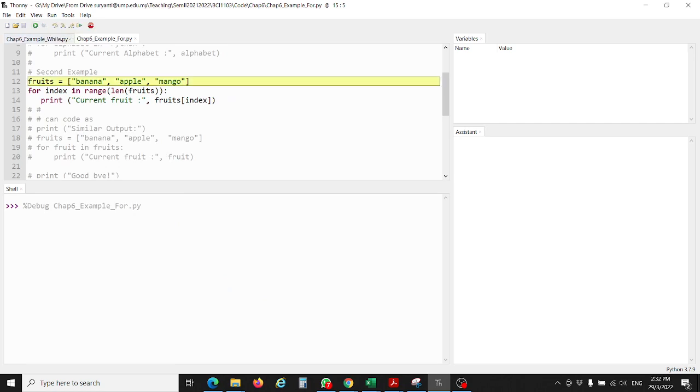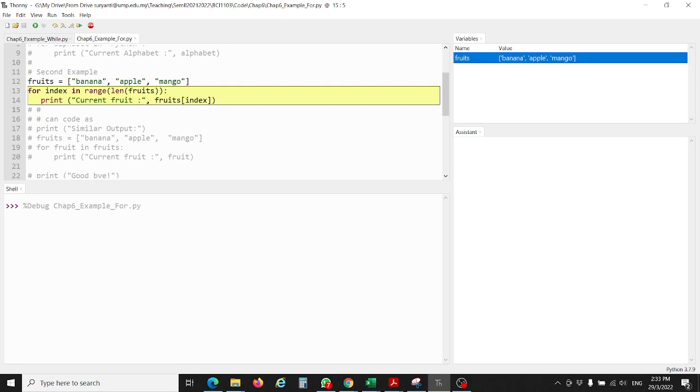Here, fruits is our list. We have a list of fruits, and our list of fruits contains 3 things: banana, apple, mango. So in this fruits list we have 3 items. Our size of fruits is 3. So when we do like